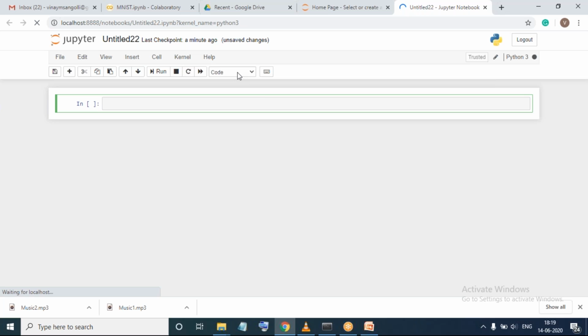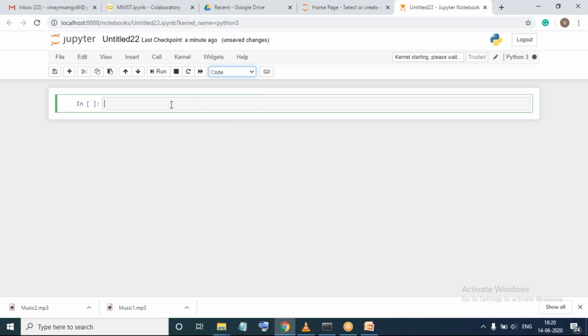Now, this cell can also be converted into any other cell. Like, for example, if I want to write comments or documentation, then I will select this markdown. And if I want to write a heading, then I will write it by selecting this heading tab. Now, what is this markdown? Markdown is one of the methods to write a comment. Why should we use markdown? Markdown is one of the popular markup languages which is very often used, and it readily gets converted into HTML code. That is why Jupyter Notebook provides the option of markdown.